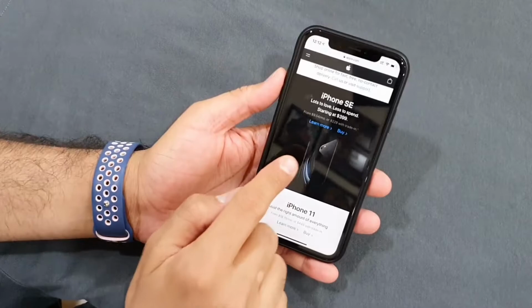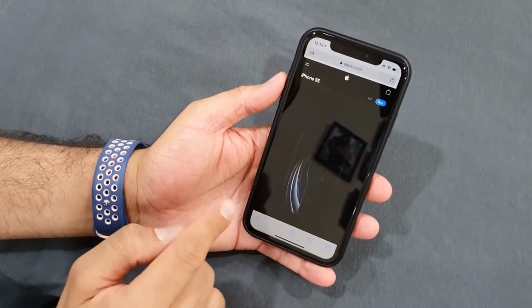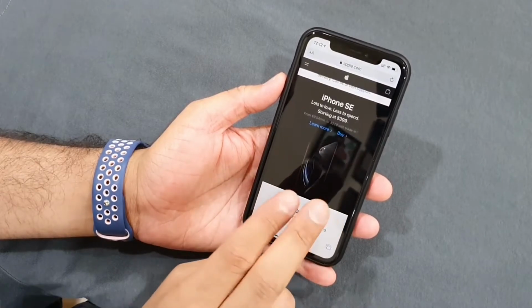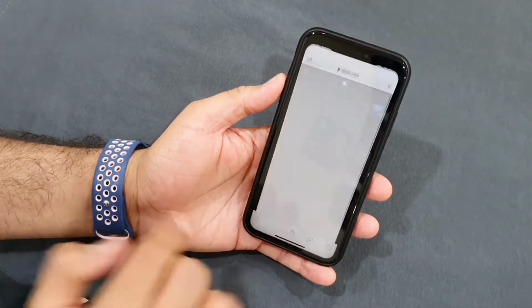When you browse on a desktop browser, we generally tend to open anything in a new tab. It was very easy on Windows, and it is very easy on Android also. Now with iOS 13, the latest iOS update, you can do that on iPhone also. When you tap with a single finger, it will open in the same tab, but when you press with two fingers, it will open in a new tab. So just press on any link with two fingers and it will open in a new tab.